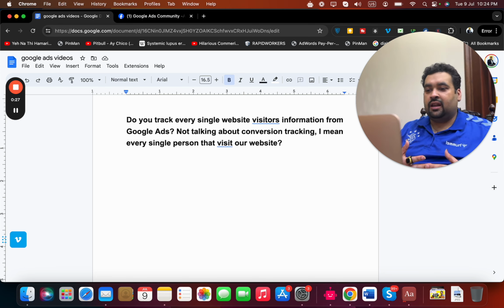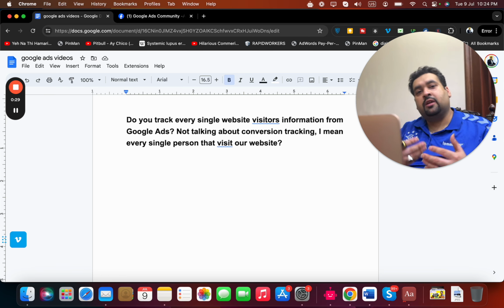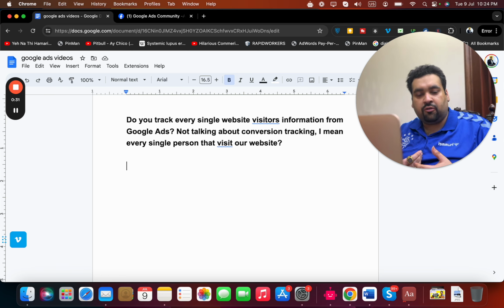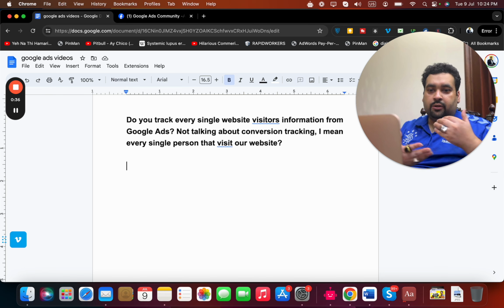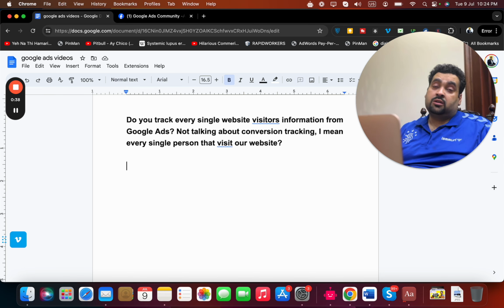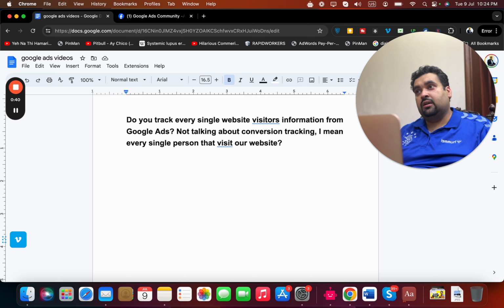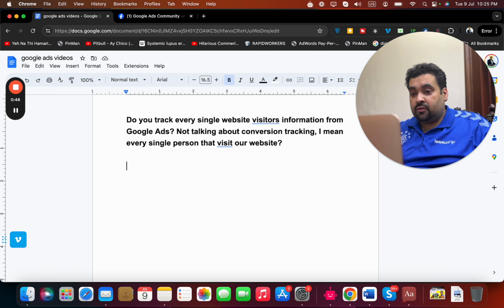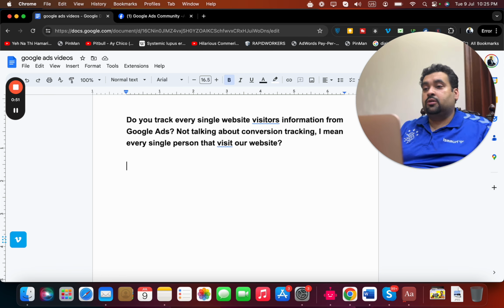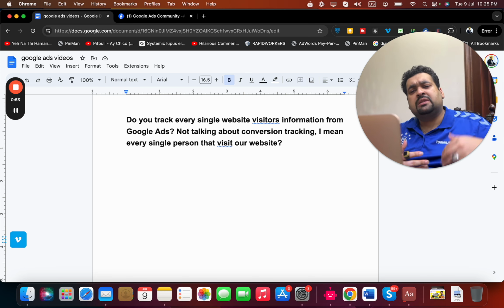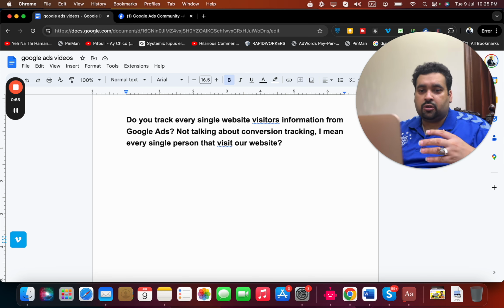In case there is a client who is on our monthly management plan, who has bought the Google Ads management from me and my team, and the spending is big. Sometimes the spending is a lot. So when we have clients spending more than 20K dollars per month, the scenario is different. Over there, we have to track individual information, like their behaviors, the devices. Even in small companies we are targeting as well, but the information increases as the spending increases,